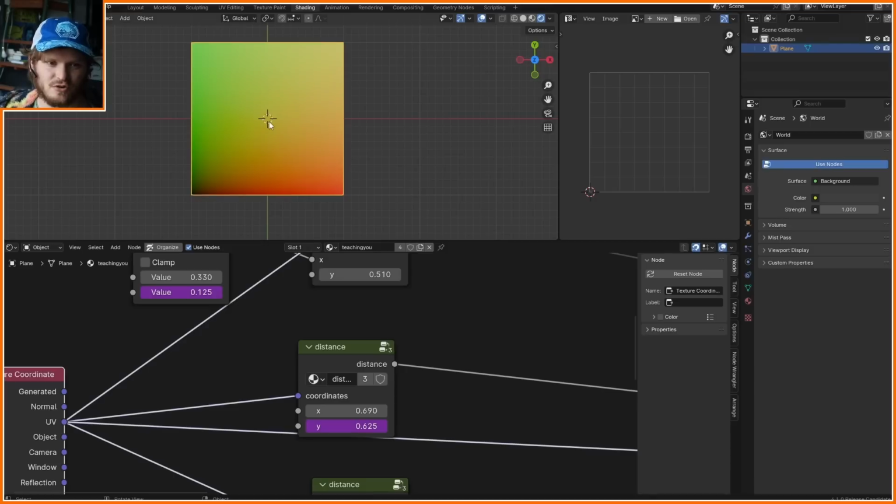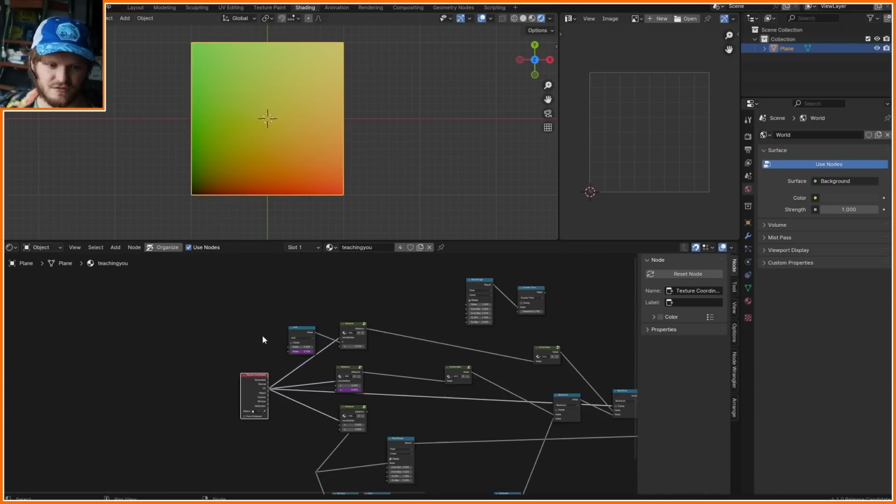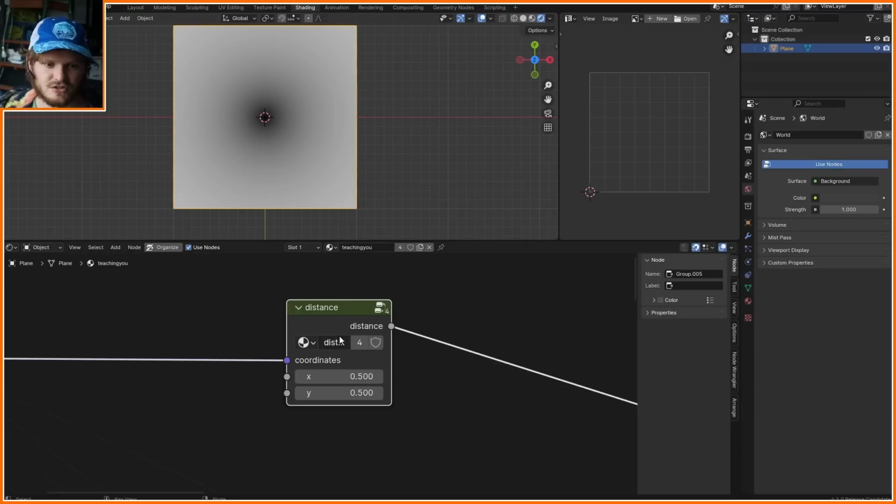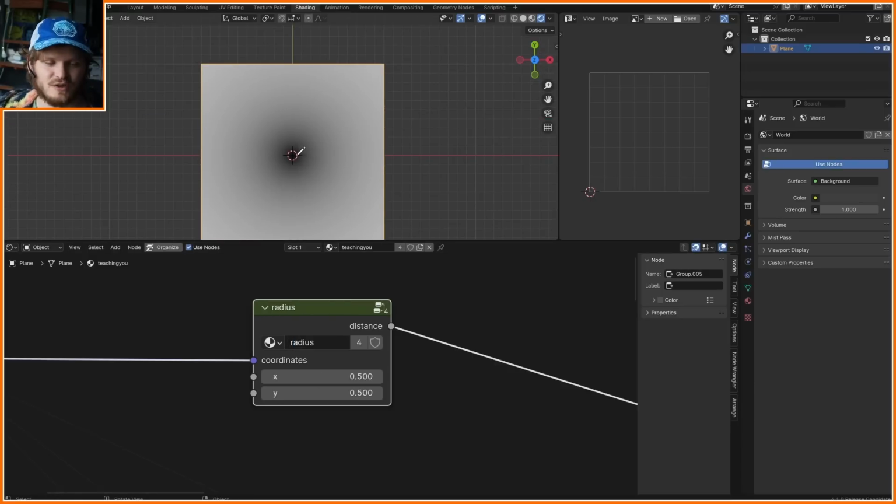Well, we already know how to calculate radius from the center. That's just our distance function. I'm going to put that here. We're calculating the distance from the center, 0.5. This is our radius, which I can just rename to radius, but we also need to calculate the angle